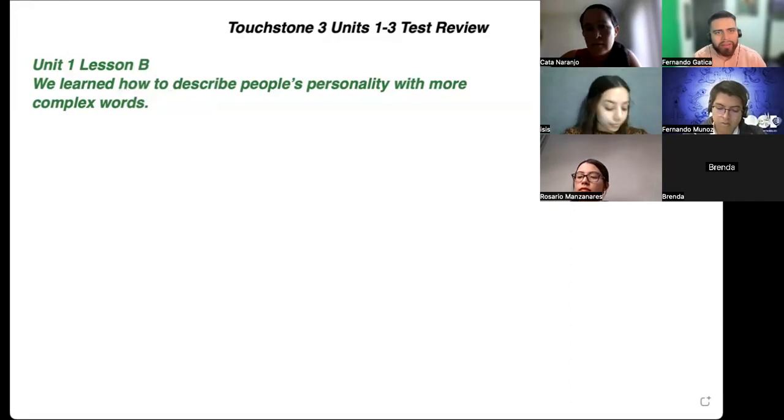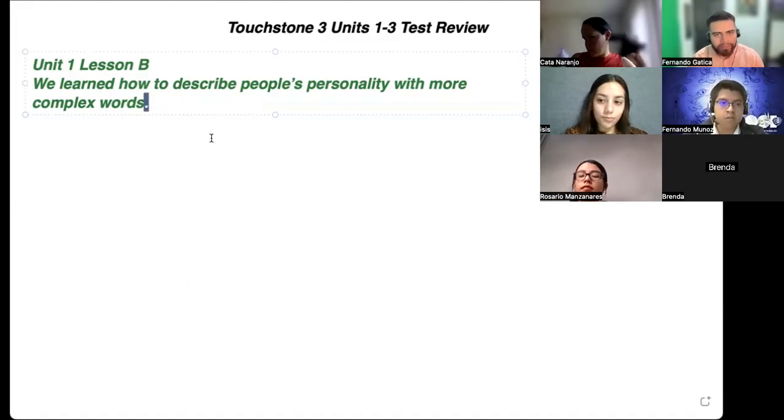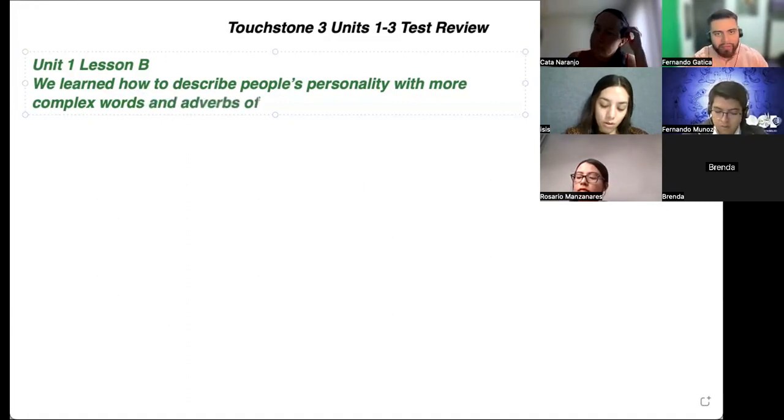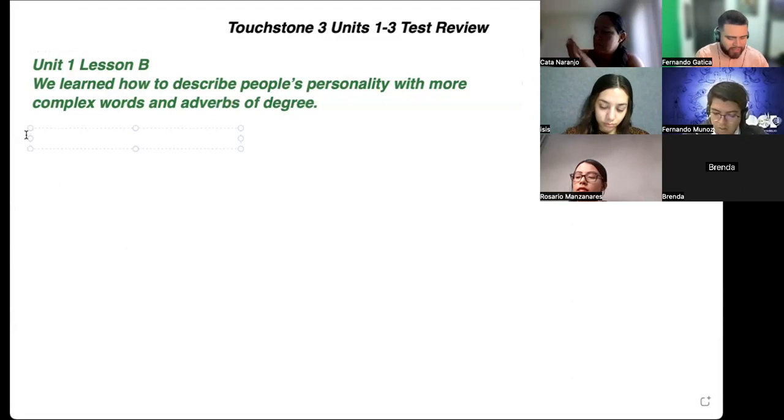All right. Now here, one of the most important things is that you remember what the words mean and how to combine words. Because I don't know if you remember, we learned how to describe people's personality with more complex words and adverbs of degree. Adverbs of degree are easy. Adverbs of degree